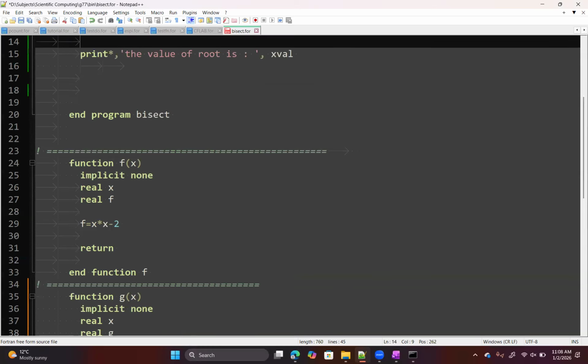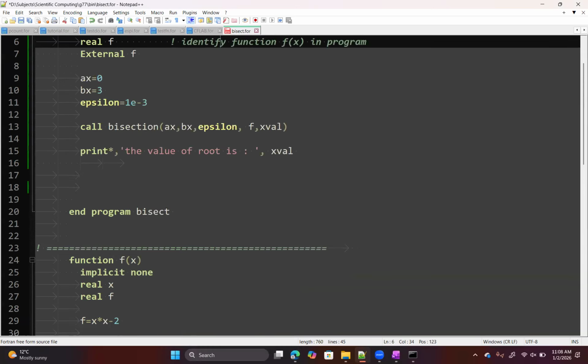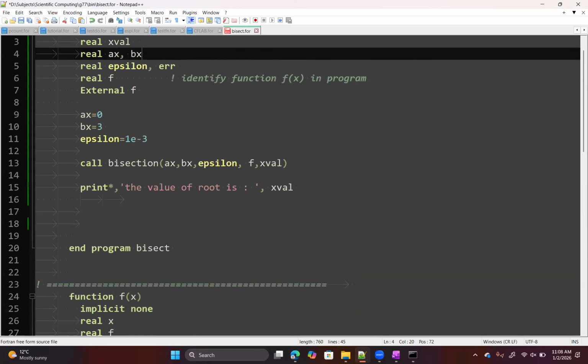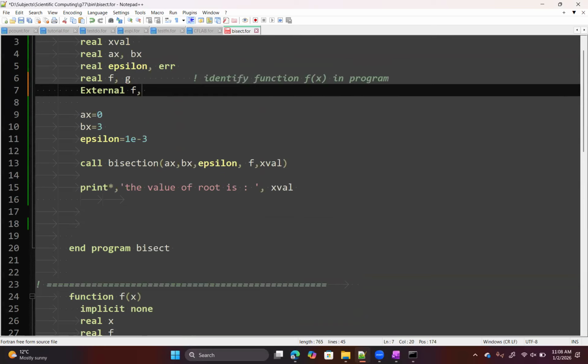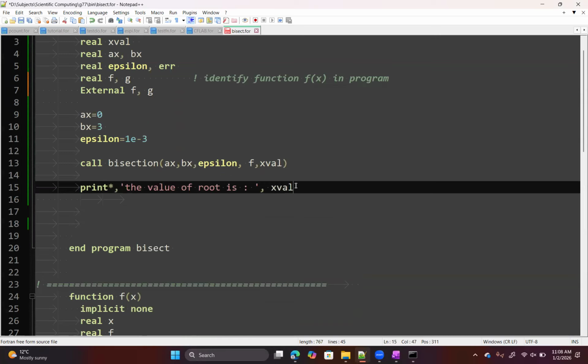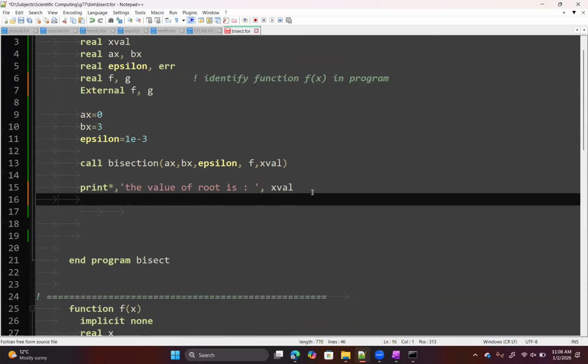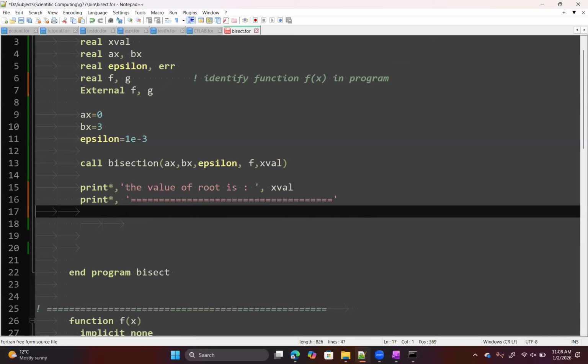Okay. There was an objection to saying g of x, objection sustained. So real f, g, and external fg, right? So real value of x, sorry, x value, print asterisk. Okay. Now for the next problem,